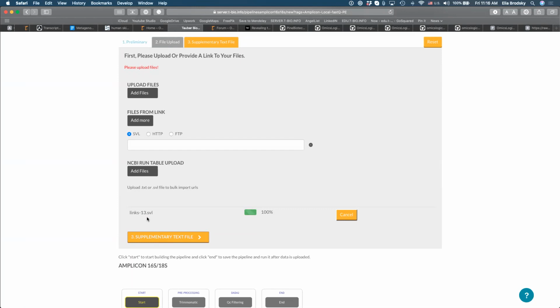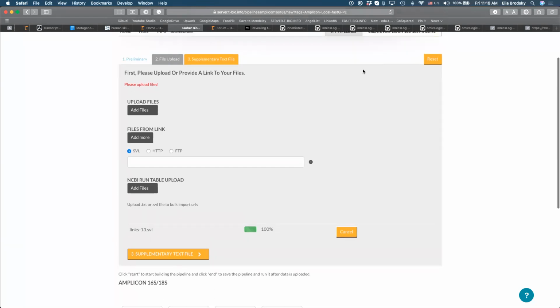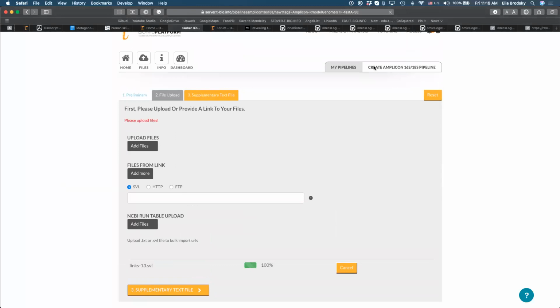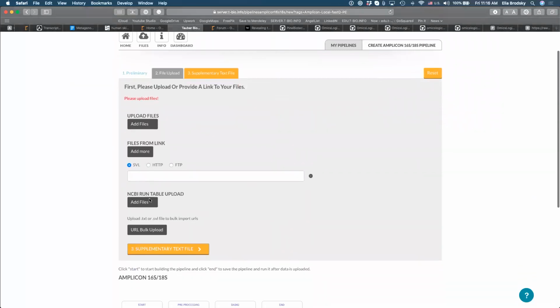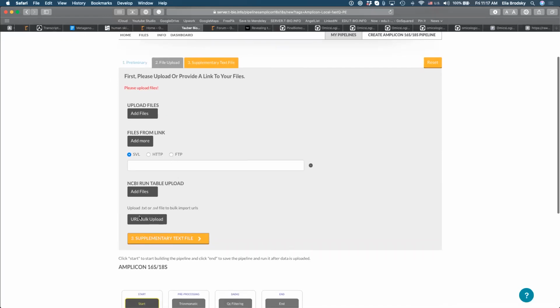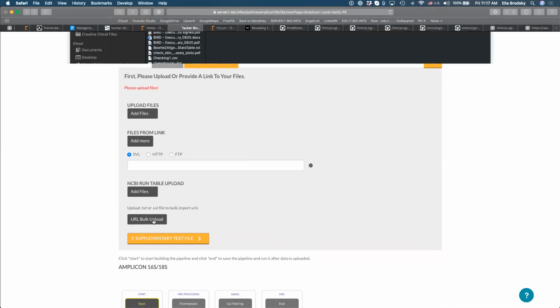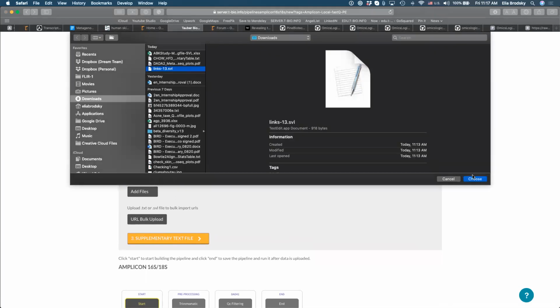Let me do this again. FastQ, select Silva. And then you don't select this one. Okay, so if you could just select URL bulk upload, because we're referencing a number of different files together. And that's where I can use the SVL.